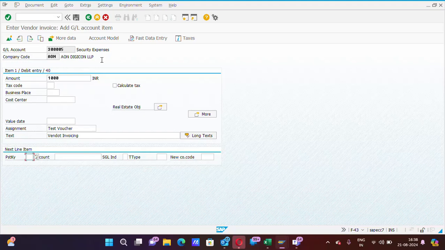So we have done security expenses debit to vendor. To vendor means you need to use 31. 31 represents credit here; you can see V means vendor, C means credit, credit invoice. For the account, you need to put the vendor account. Press the F1 button, or you can also click this search button.